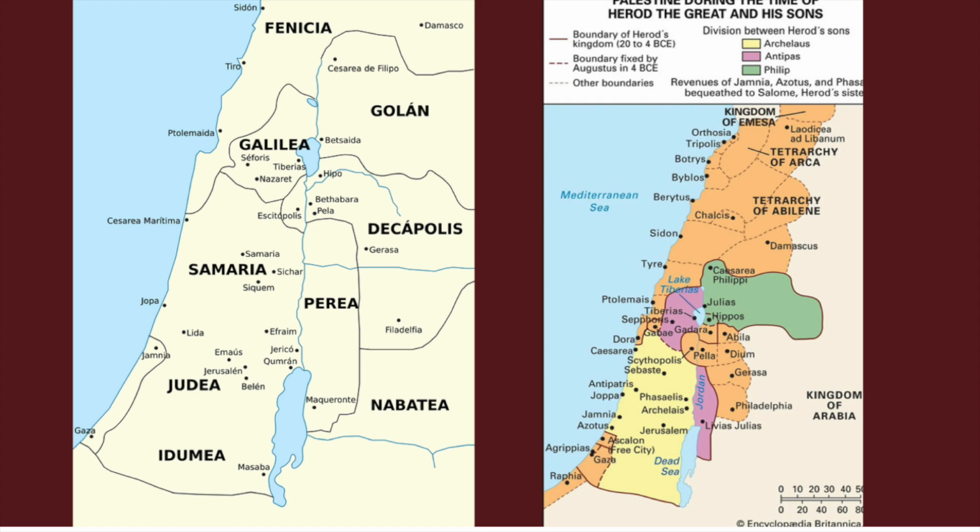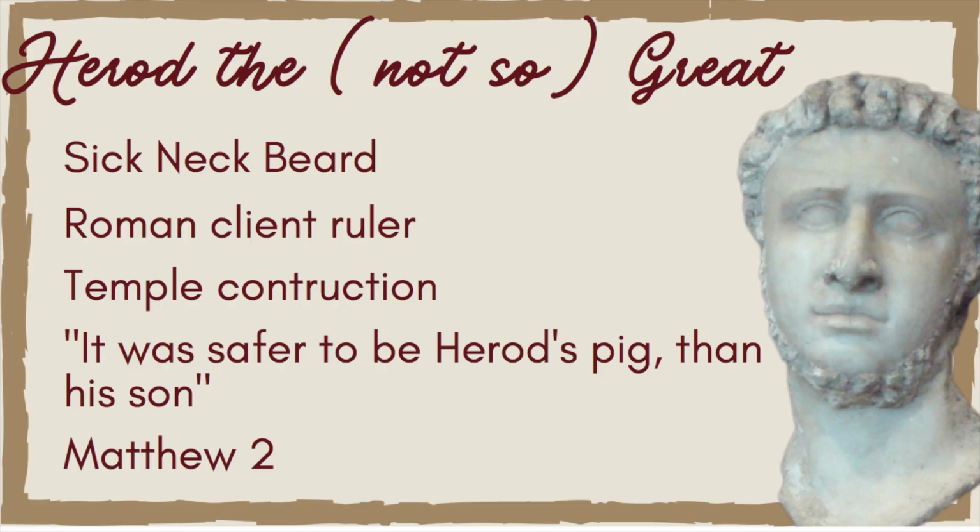So this is the world that Jesus Christ lives in. And what you know is he doesn't go very much farther than this area, Caesarea Philippi, and he doesn't really go much further south than Jerusalem. He goes a little bit into the Decapolis. I mean, this guy, Jesus, I shouldn't call him this guy, our Lord and Savior, he doesn't have a study abroad experience. His world, where his footprint was, is very, very tiny. So, as we jump into this story further and further, we're going to learn about Herod, the not so great.